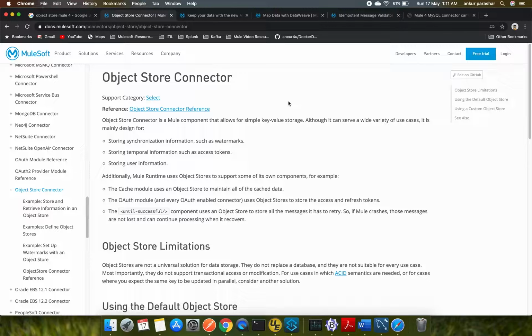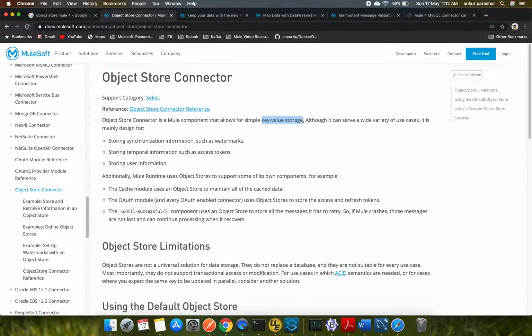Object store is used for simple key value storage. It is important to understand that this is not going to work as a full-fledged database. It is only used for very small values.